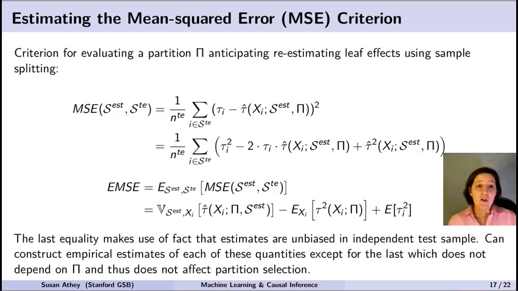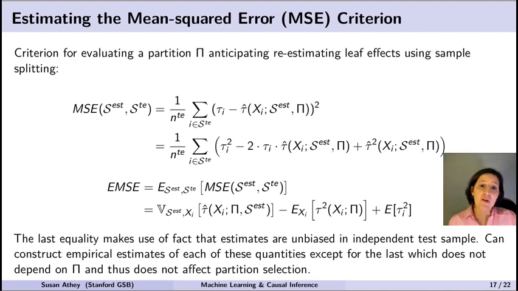Now, as I mentioned earlier, what we want to do is try to find a partition that does as good a job as possible at matching our estimated treatment effects to the actual treatment effects. So I can define this infeasible mean squared error objective function. What is the objective function if I could actually observe tau_i, the true treatment effect for unit i, which I can't observe?